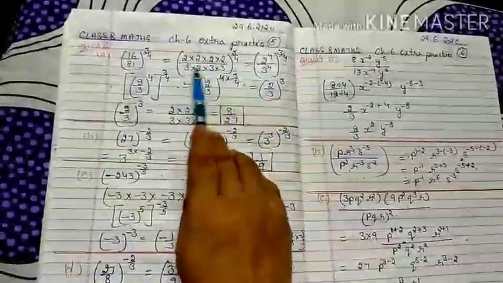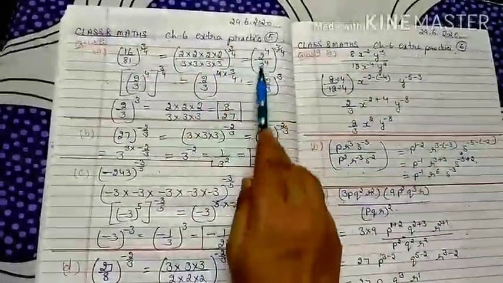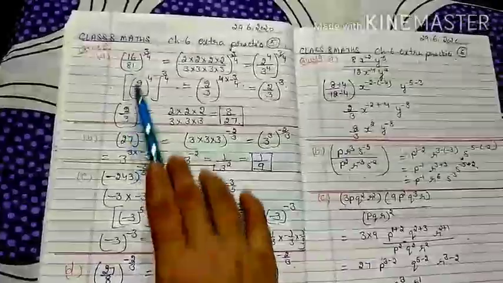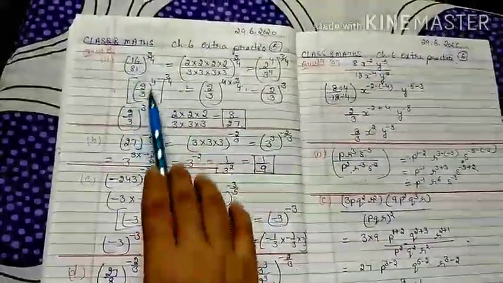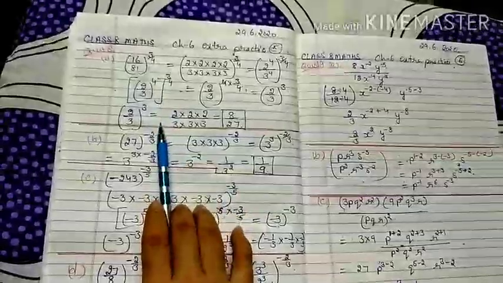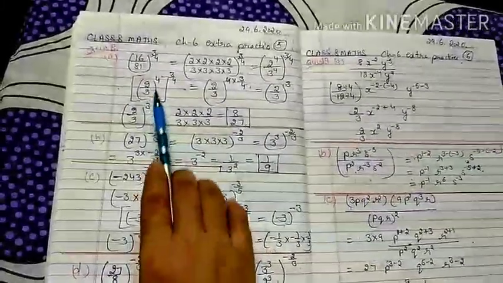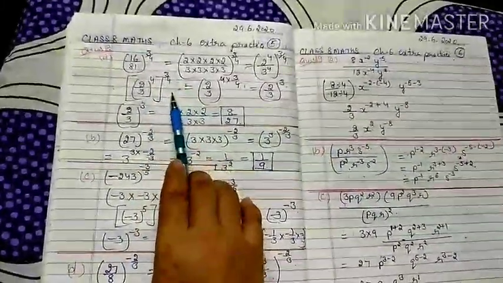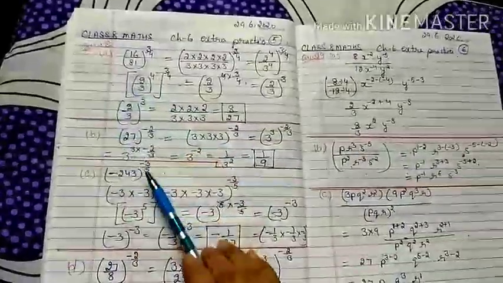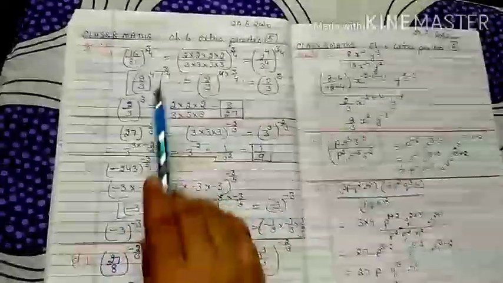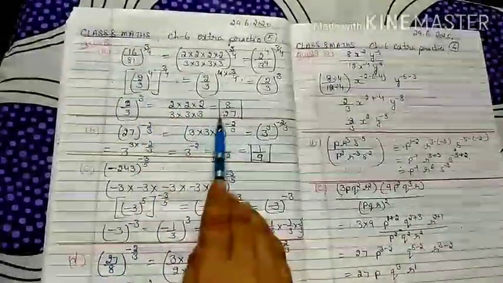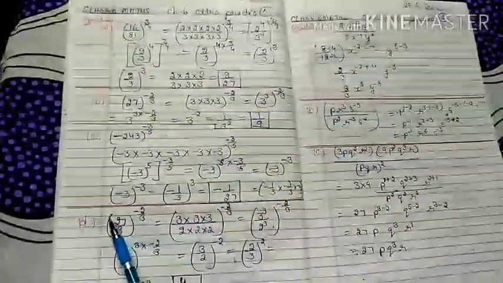So I write this repeated term as 2 raised to power 4 over 3 raised to power 4. If the bases are different and the power is the same, we can write the common power outside as a fraction of both bases, 2 by 3. Now the outside power is 3 by 4. Now the powers are multiplied with each other, 4 is cancelled, and 2 by 3 raised to power 3 is left. Now you multiply 2 three times and 3 three times, which gives you 8 by 27.